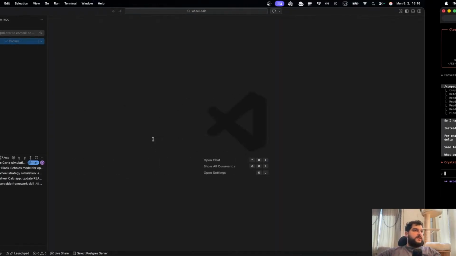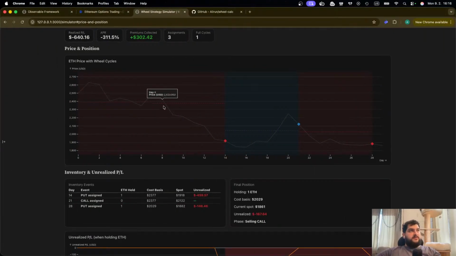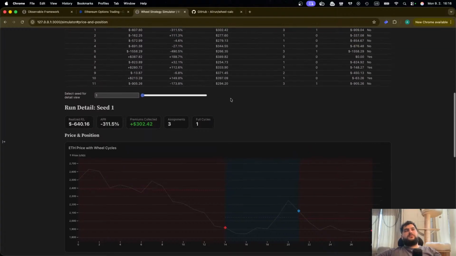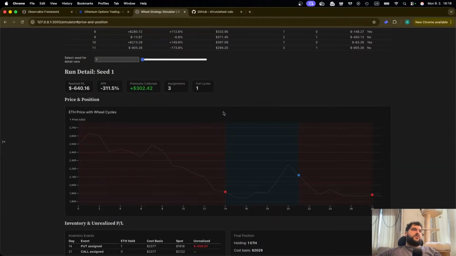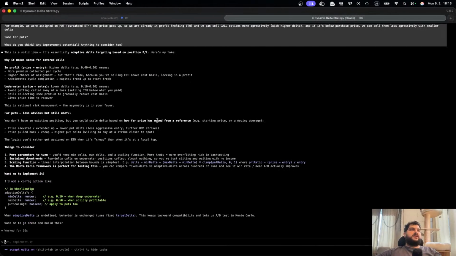Let's see what it thinks, but I think it makes sense. And for the puts, it's probably gonna be the same. I don't know, let's see. This is a cash basis strategy, right? So we want to earn more cash, and we want to exit in cash. So basically, we are willing to... I don't know, what's the situation if we sell puts more or less aggressively? I don't understand the idea here.